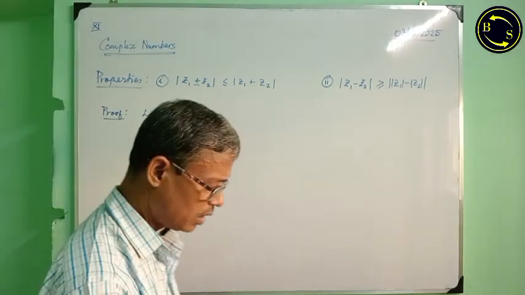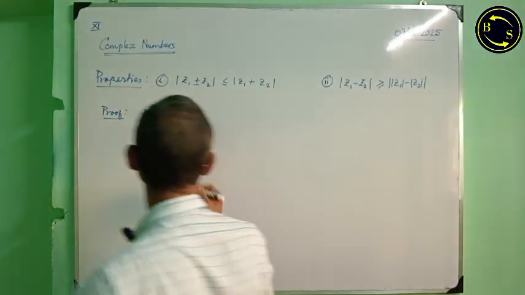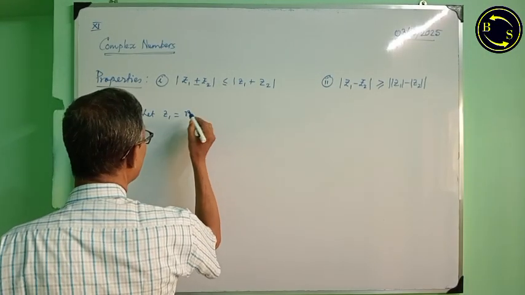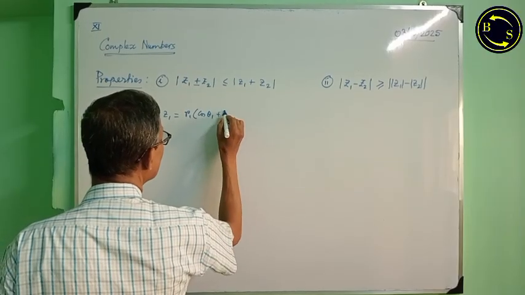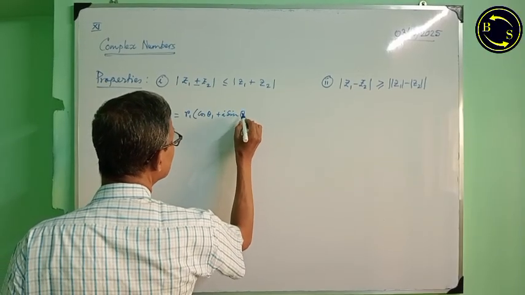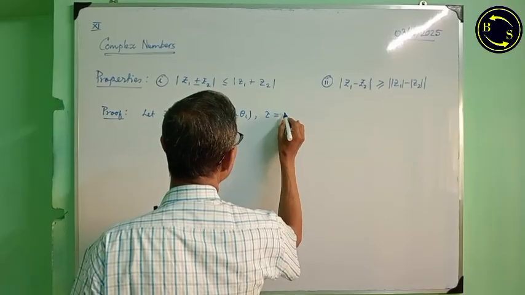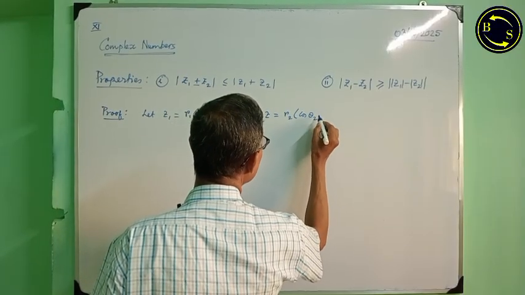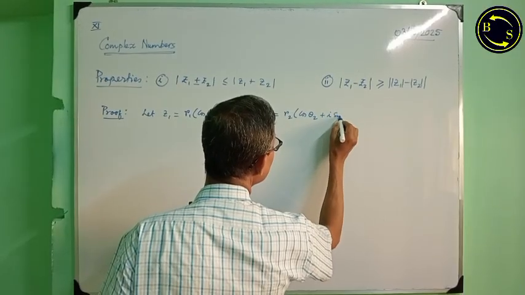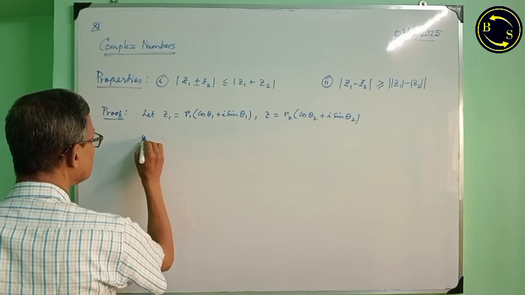I am using here the modulus-amplitude or polar form. Z1 equal to r1 (cos theta 1 plus i sin theta 1) and Z2 equal to r2 (cos theta 2 plus i sin theta 2), where